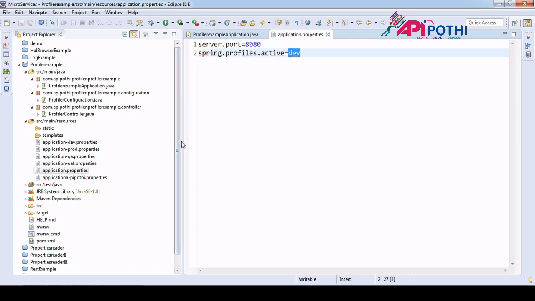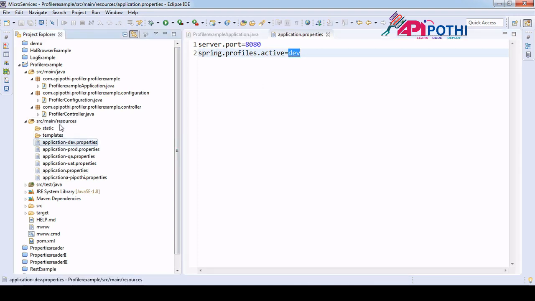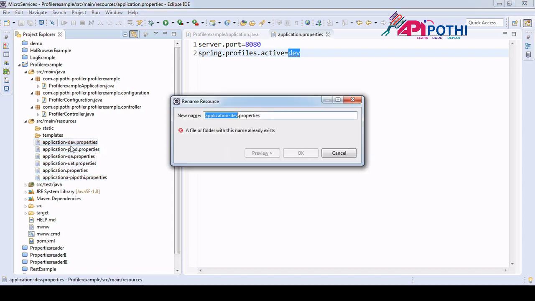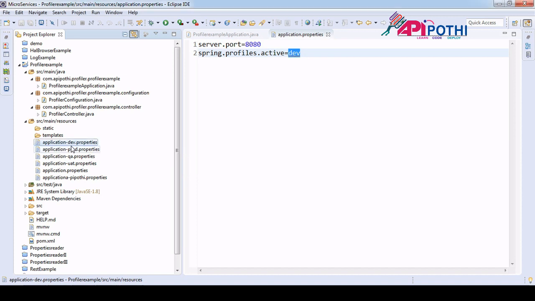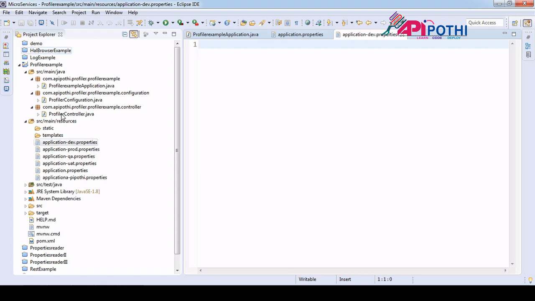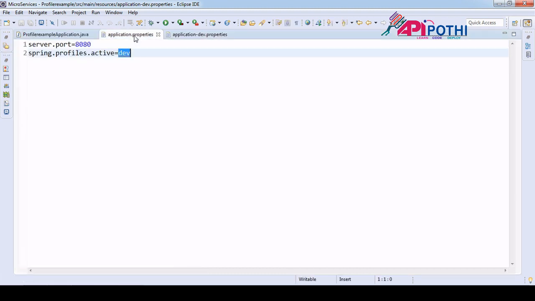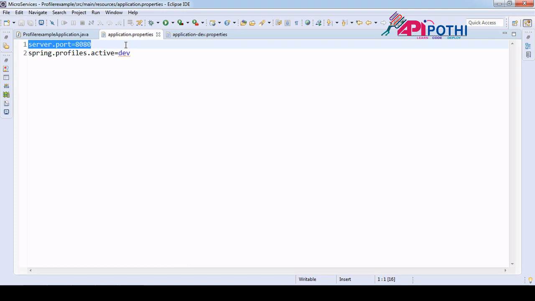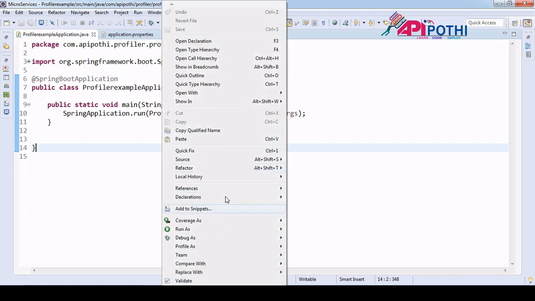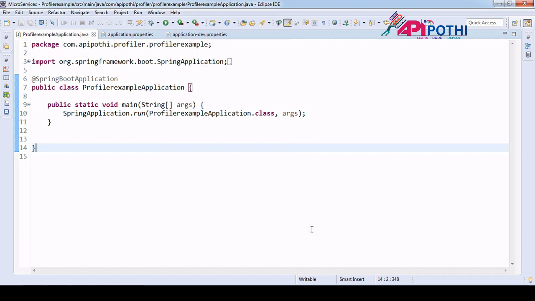So Spring Boot will again go to your resources folder, and look for the application properties file where the string name should be dev. What is the string name? It is what comes after application, after the hyphen and before dot properties. So it will read your dev, come into your dev profile, and read whatever configuration you have written there. Suppose I want my dev profile to run on 8081. Now I am running this code, run as Java application.